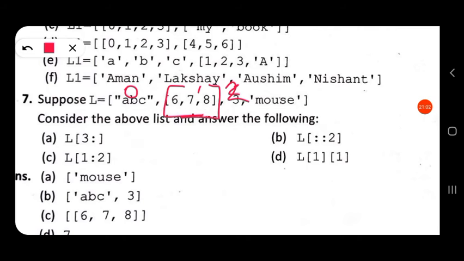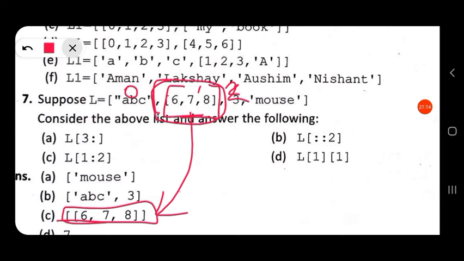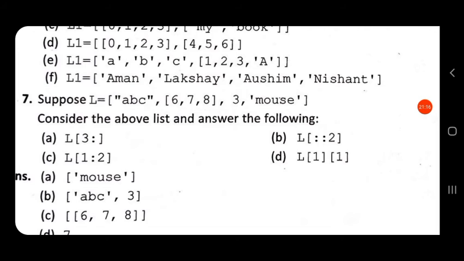Only this element will be the output, like this: a nested list, a list containing only this element, which is again a list. So the output will be a nested list containing 6, 7, 8, which is also inside a list.